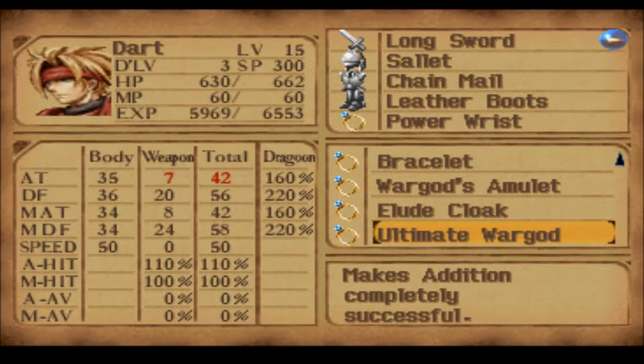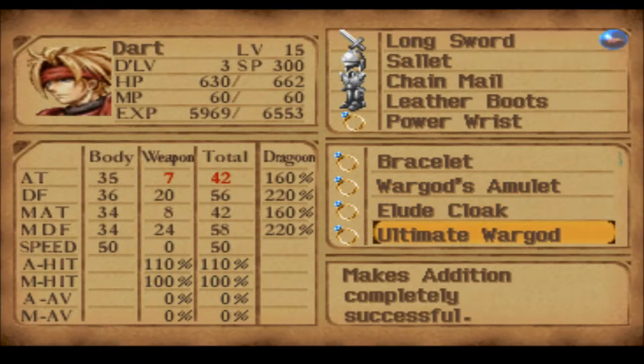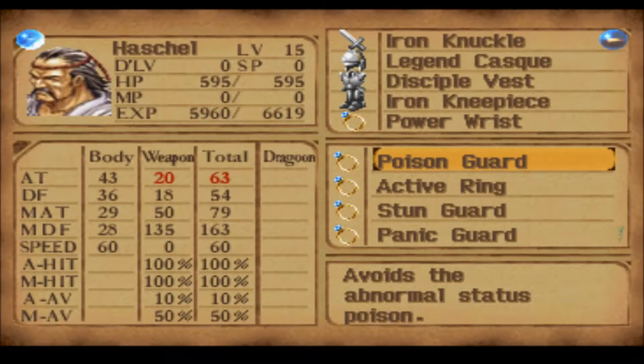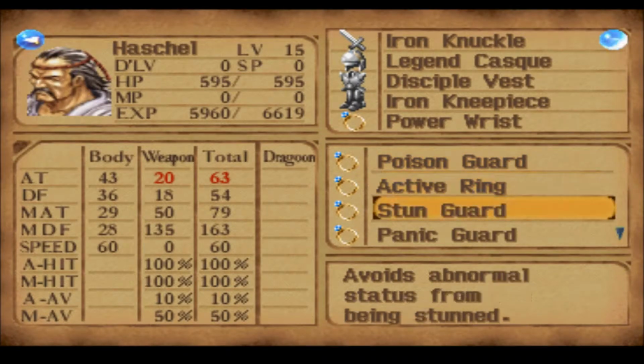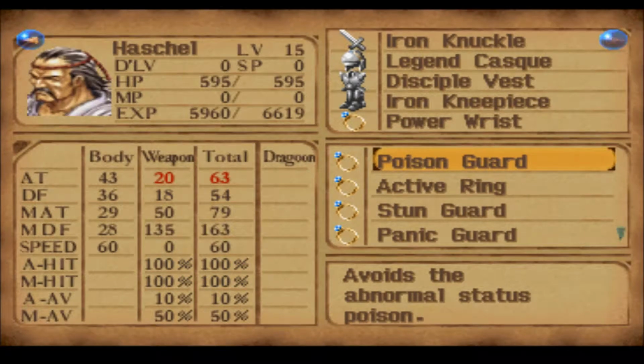I last got the Ultimate War God, which allows you to do any addition successfully without having to hit buttons, without a chance of countering. And you do it at full damage and full SP and what have you, because the one that only costs about 10% does everything at half, so it kind of blows. The other thing I got was the Legend Cask. So let me see if I can equip something else to show it off. But I can't. What it does is it gives me like a 20% chance to...